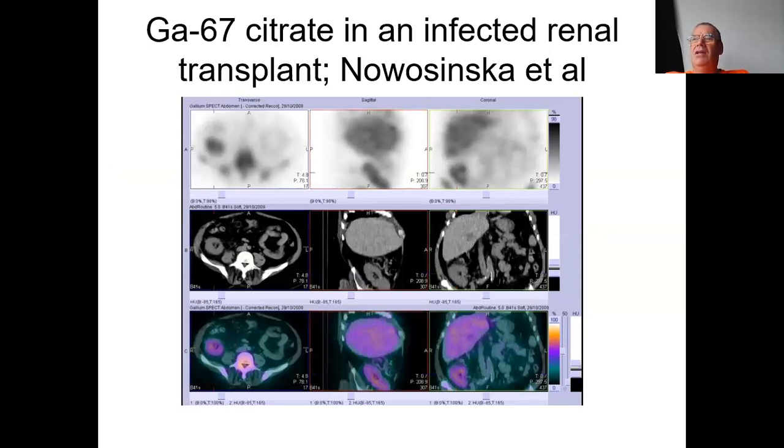Gallium-67, unlike technetium products, has no renal excretion after the first 24 hours, so it can be used to look for renal infections. This is a patient with a renal transplant and a fever. This is published in the World Journal of Medicine, and you can see the accumulation of activity within the transplanted kidney system, with a pyelonephritis. And you can be certain of that because we know